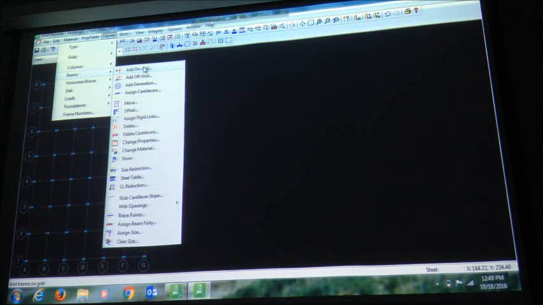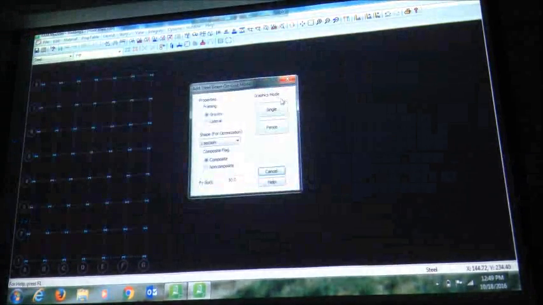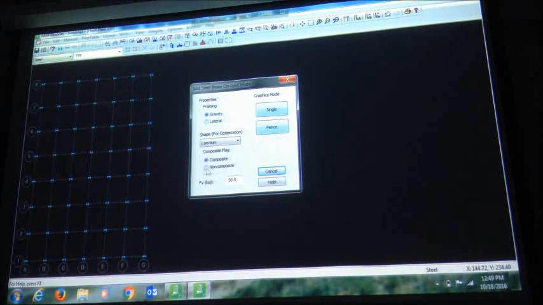Okay. Now layout. Go beams, and again I need to add beams, right? And I can say add beams. Let's start with gravity composite. Now that's composite, all of our gravity beams should be composite beams. The reason